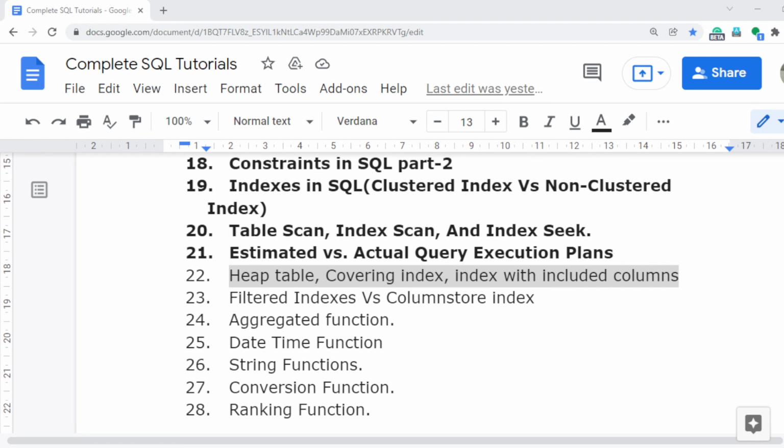Normally someone knows only what a clustered index and a non-clustered index are, but interviewers will ask you this type of question. If you give this type of answer, there is definitely a better chance of being selected. So keep watching the whole video series, don't miss it; the videos are very helpful to crack any type of SQL interview.